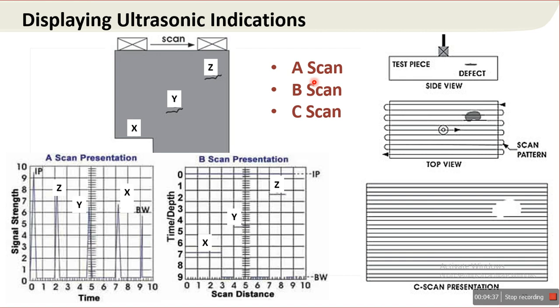So that CT scan is nothing but C-scan presentation, and the sonography is nothing but the B-scan representation. So B-scan representation example is sonography and C-scan representation example is CT scan. So these are the three types of representation of data with the help of ultrasonic evaluation.